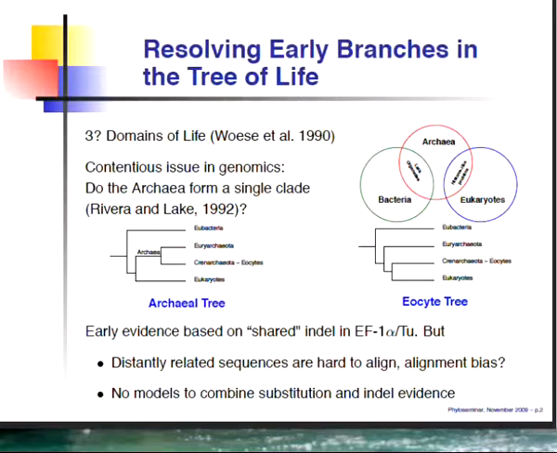So Jim hypothesized a four-domain of life scenario, which can be shown by the two trees that I have on this first figure. Jim's hypothesis is sometimes called the archaeal hypothesis, or the eocyte hypothesis, which says that the archaea can be broken up into two groups. One, the eocytes, and the other group I'll just call the non-eocytes. And the eocytes themselves happen to be more closely related to the eukaryotes than the non-eocytes. This is in juxtaposition to the three-domain of life hypothesis, which has the eocytes and non-eocytes as nearest neighbors to each other in a phylogenetic tree, as shown from the archaeal tree that I list here.